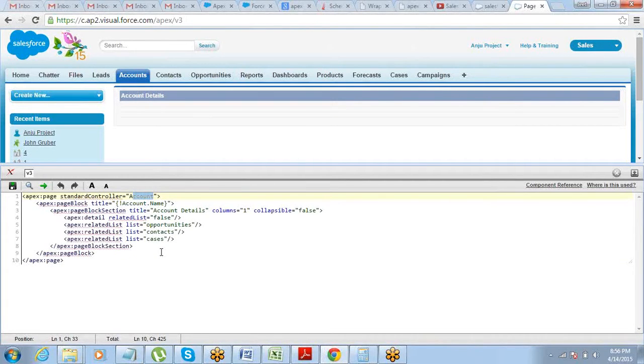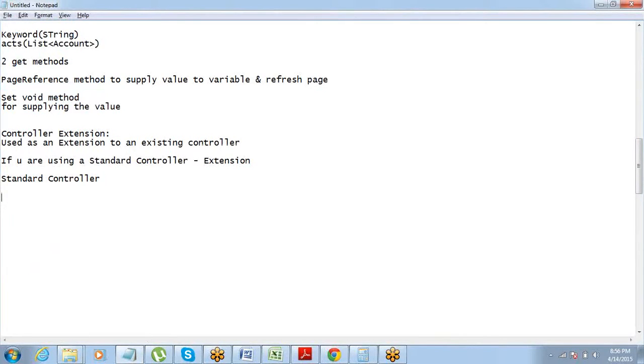All right. Now along with this page, just imagine I want my custom method to bring in some information or data into this. I cannot go and do any logic change or code inside this standard controller. So what I have to do is create an extension. So what is an extension? An extension is also defined as a class and called on the Visualforce page as an extension.